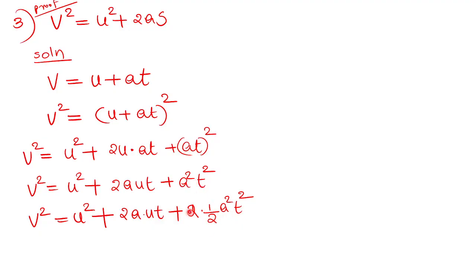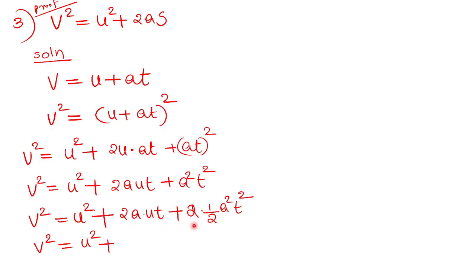No mistake at all, because 2 and a half will be cancelled. Clear? Here 2 and 1 by 2 will be cancelled. You will get the same term, a square t square. So I made a small adjustment here. a square t square is written as 2 into 1 by 2 into a square t square. It does not make any difference, because 2 and a half cancel. Sure. Next step is v square equal to u square plus 2 into, now from the two terms, let me